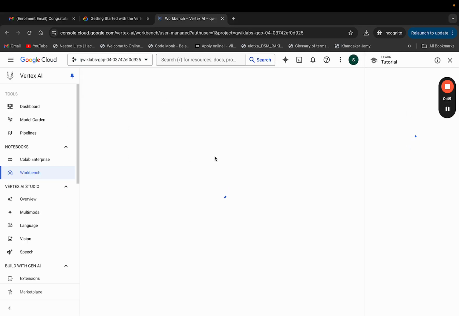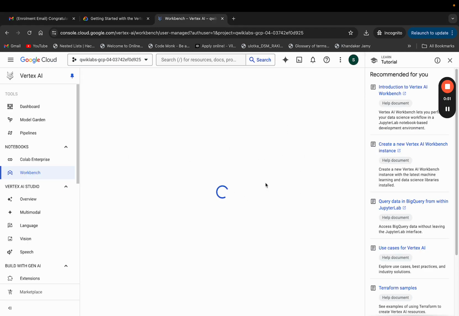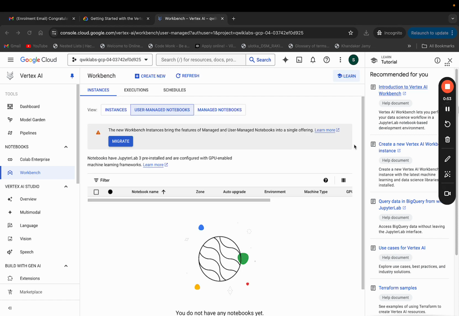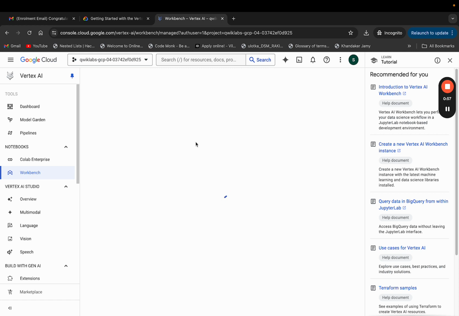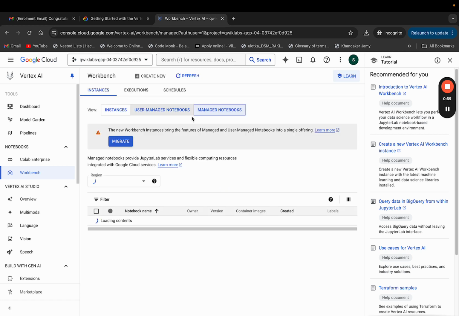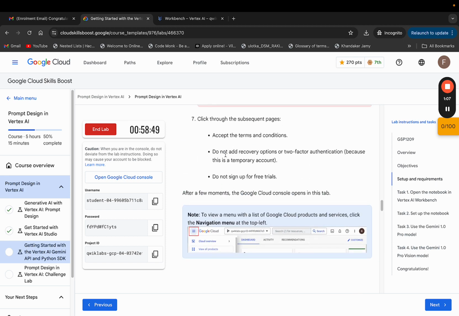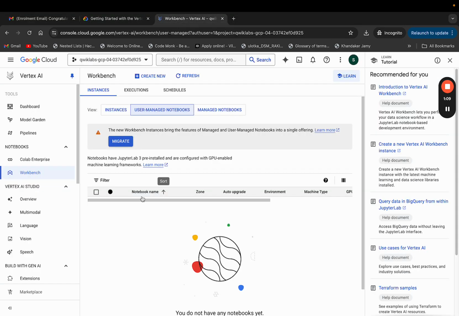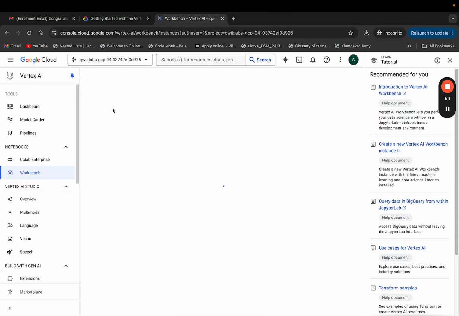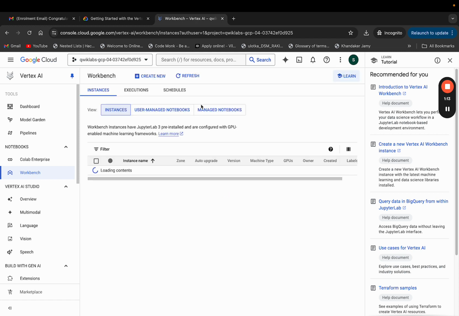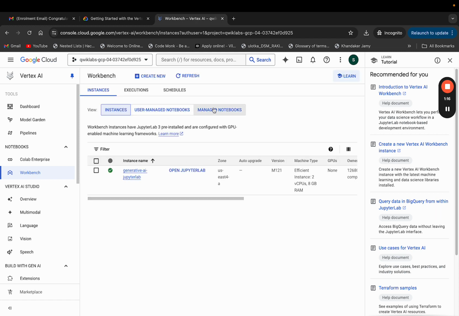user managed notebooks. It's taking some time to load, that's okay. And after that, manage notebooks. It should be in user managed. One second. Okay, it's in instances. Okay, so click open Jupyter Lab,